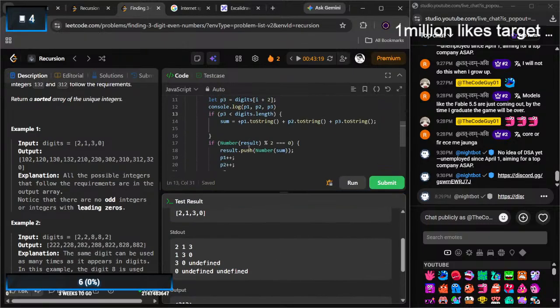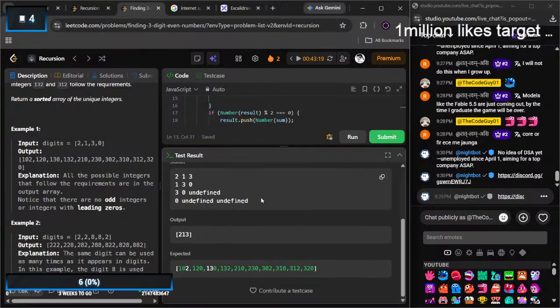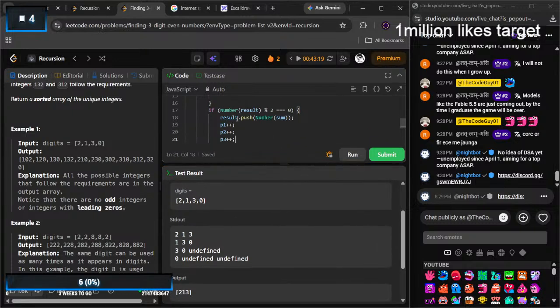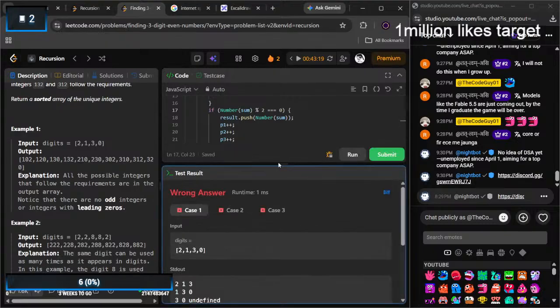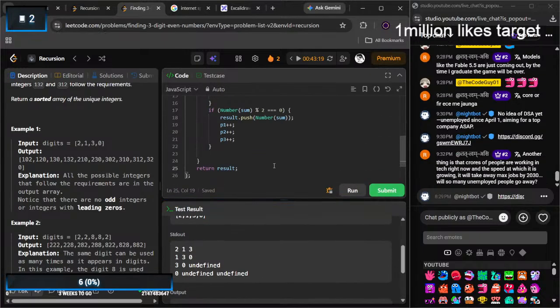213 अपेंड हो गया भाई। 213 थोड़ी अपेंड करनी थी, मैं तो उसको चेक कर रहा हूँ। अरे भाई, रिजल्ट नहीं था, सम था, गलती हो गई। 130, 130, 130, 130। इंटरेस्टिंग।